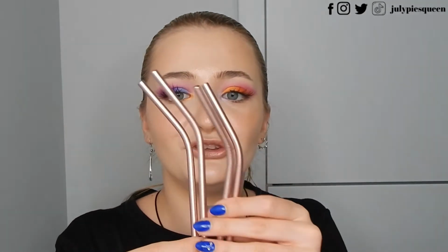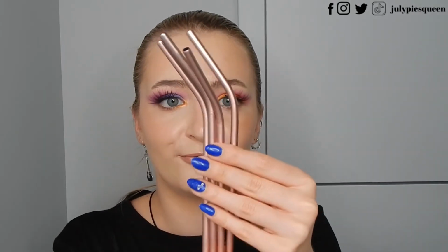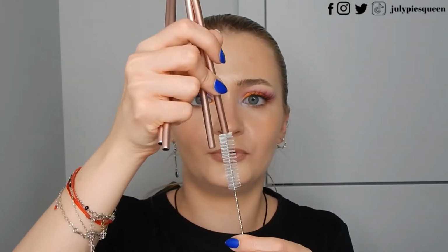They are pink. I did not think this through. I'm not quite sure how my boyfriend's gonna feel, but he's gonna love them. He has to. But these are so cute. So they are like 4 straws. They're not necessarily proper metal, but I think they're gonna be nice because they don't seem to be cold on the hand. And I really like that actually. They look very nice, and you have this, and I guess you put it like...